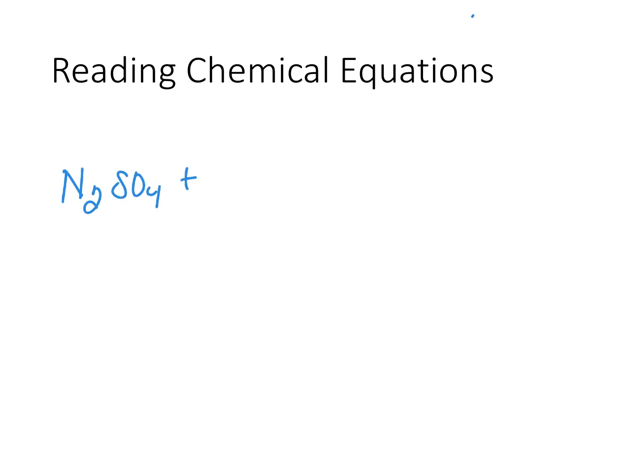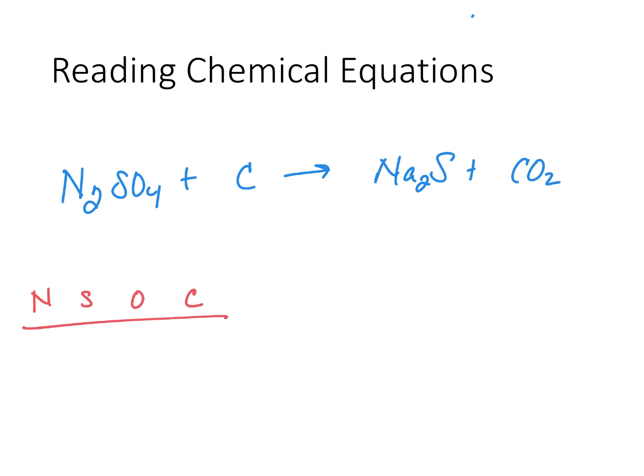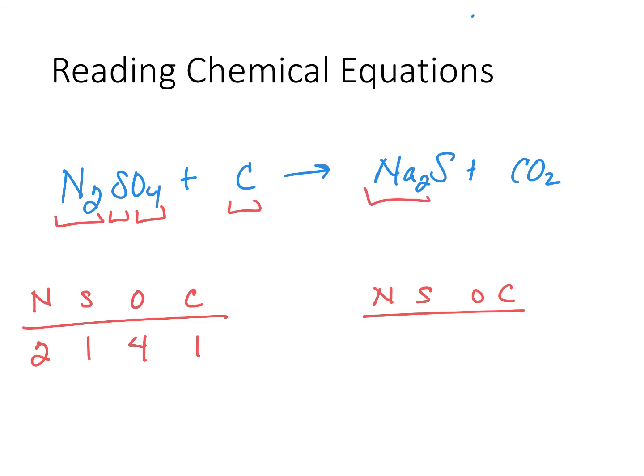Na2SO4 plus C yields Na2S plus CO2. So first let's work through and balance this equation. So I have sodium, sulfur, oxygen, and carbon on both sides. To start, I have 2 sodiums, I have 1 sulfur, 4 oxygens, and 1 carbon. On the other side, I have